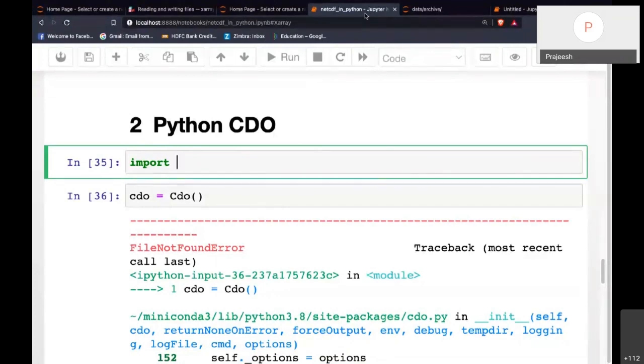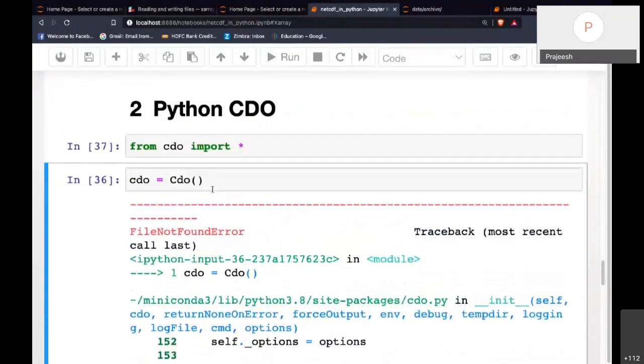If you have both, then you can import CDO like this: from cdo import star. When you run this, you have to create a CDO object like this, and then you can use the CDO object for your subsequent operations.